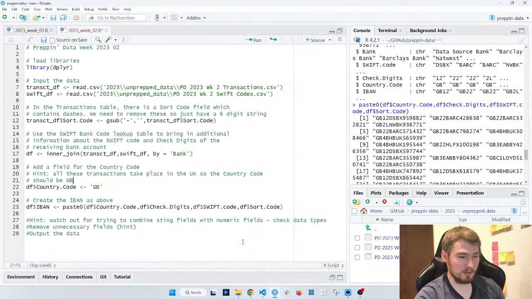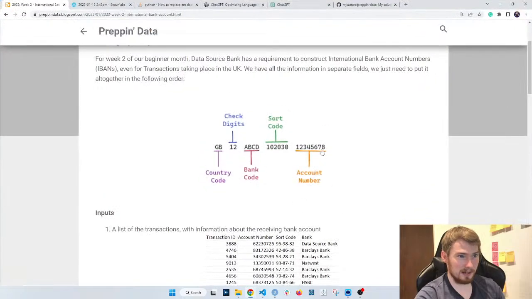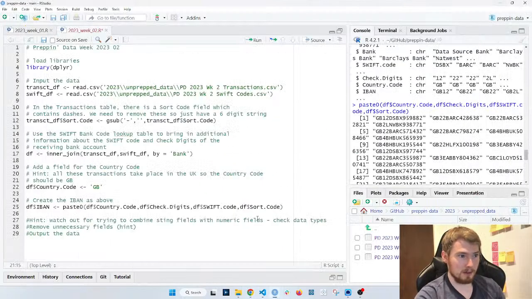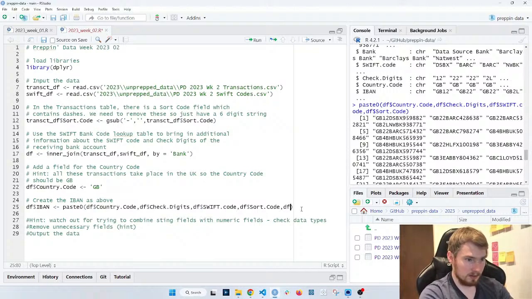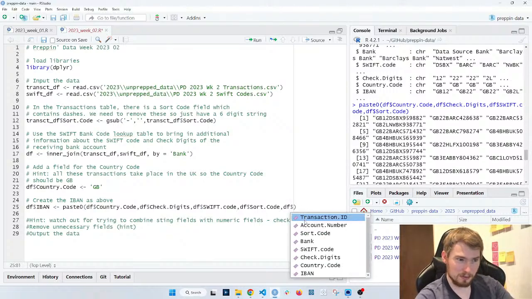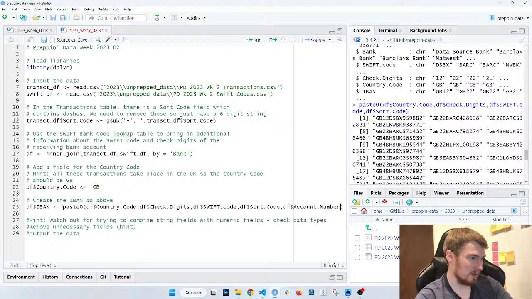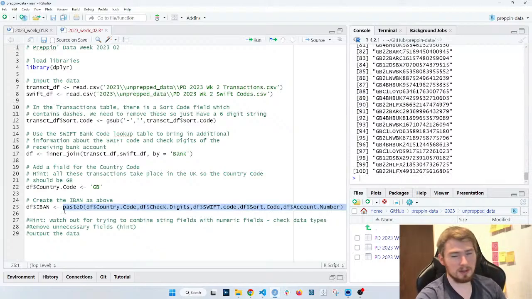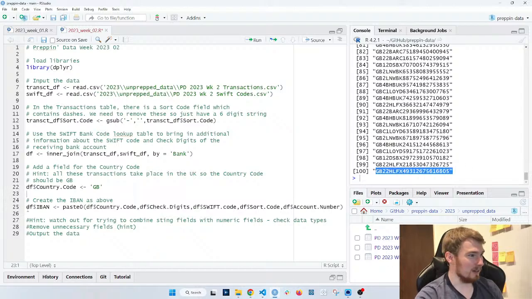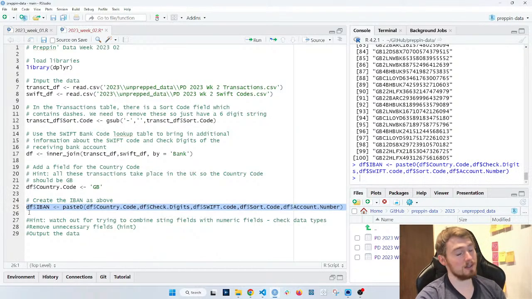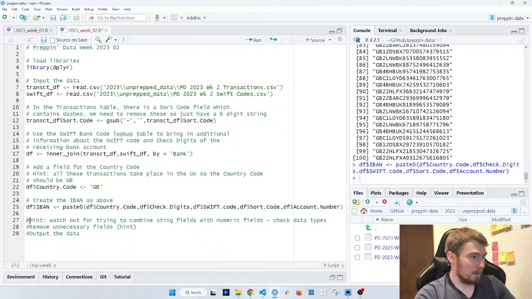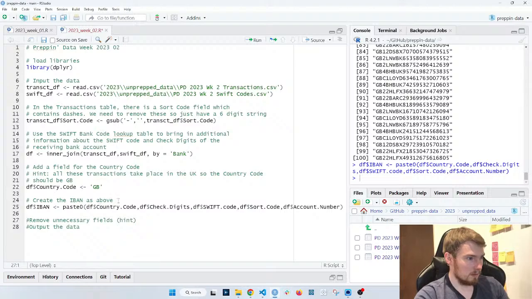In this case, we need to add in that account number at the end. So if we try df account number, I don't think it's going to work for us. It might. Yeah, it does. I thought we might have to do type conversion, but we can get away with it in R. If you saw the Python version, it wouldn't let us, and we had to change that data type. But in R, we can get away with it. Okay, we're getting there.